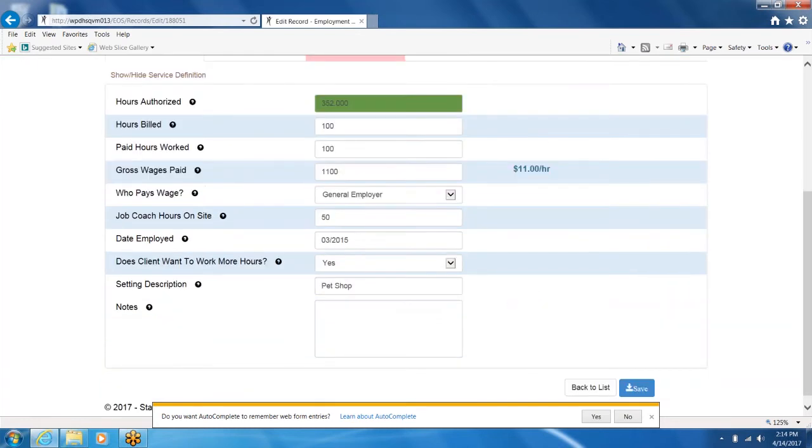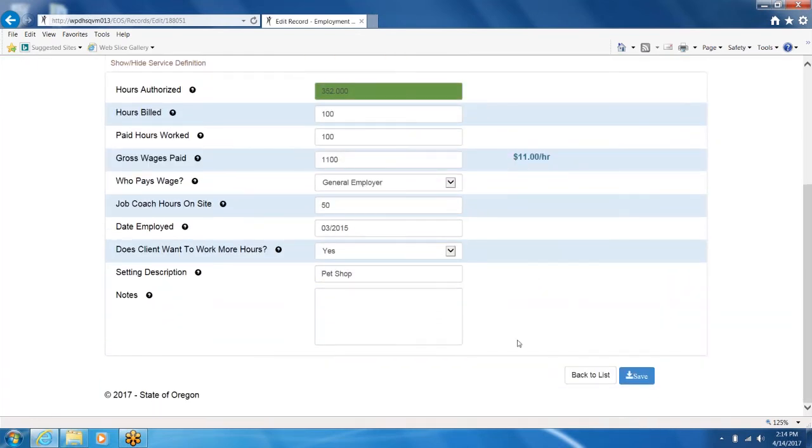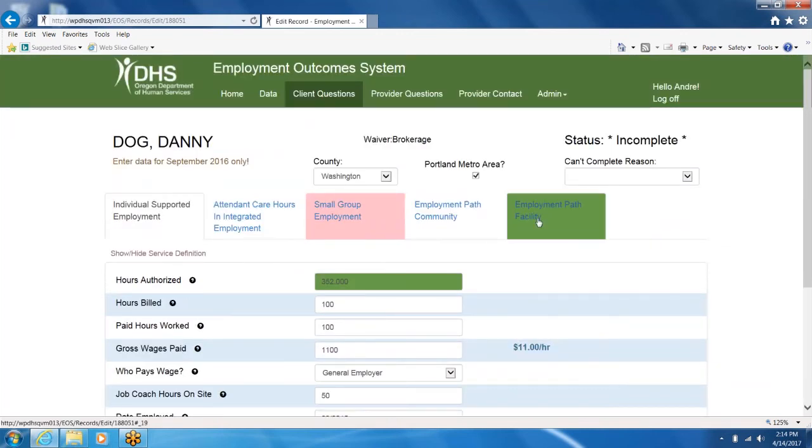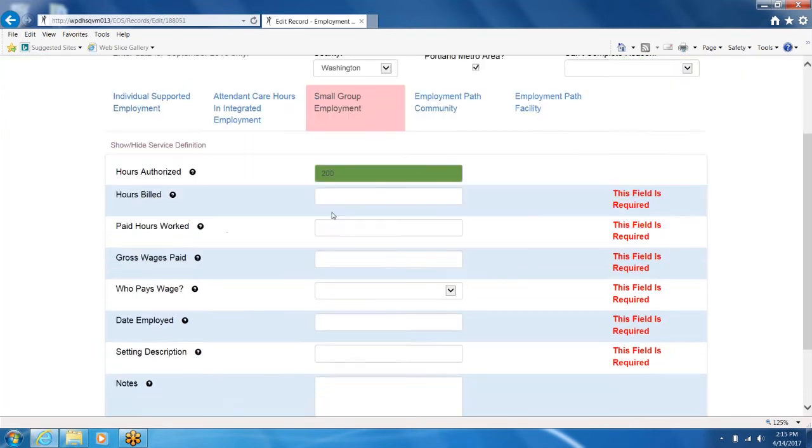Now we push the save button down there, and it saves it for that setting there. But then you'll notice that something, a little salmon color, enters up here saying, wait, there's something else that you have to enter. And so we click on there, and it looks like Dog Danny is also authorized for